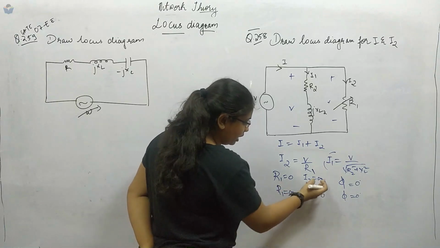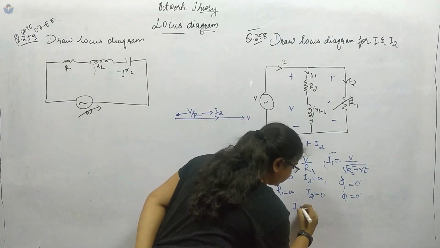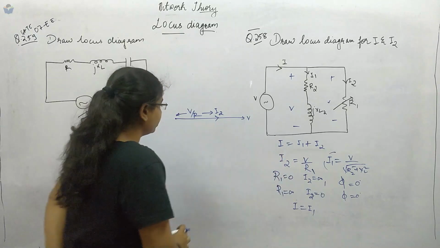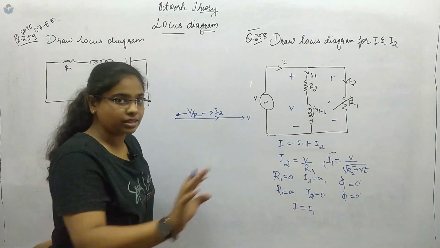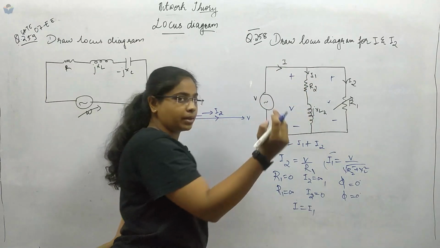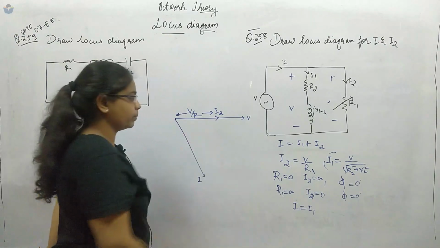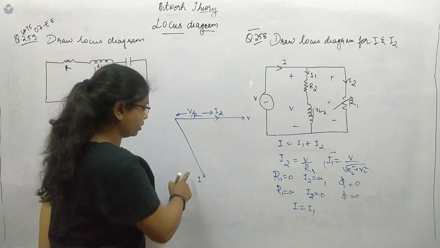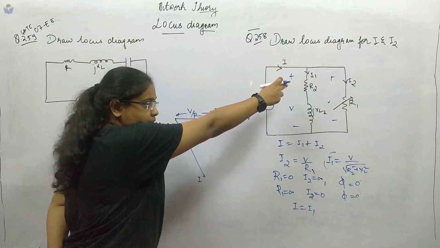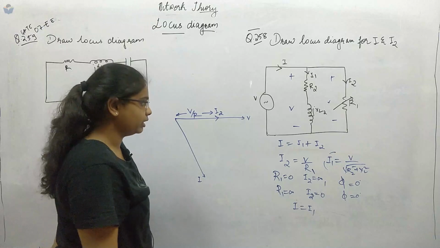Now, if you see here, as resistor value is increasing, I2 is decreasing, from infinite to 0. So when I2 is approaching 0, then I will be equal to I1. Okay, so it means that I is also a fixed quantity. Now, since this is RL, I is equal to I1, okay, and this is RL, there will be some angle lagging. Since it is not pure inductive, because we have got a resistor element in this RL, it will be somewhere in between 0 to minus 90 degrees.